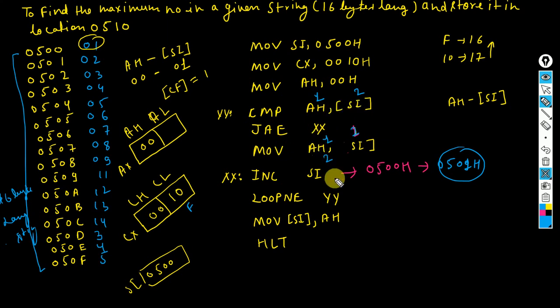At the last, in the AH register we get the highest value, and at the last you get the highest number in your SI source index. Source index is 0510. Okay, the same program will execute in our software. So